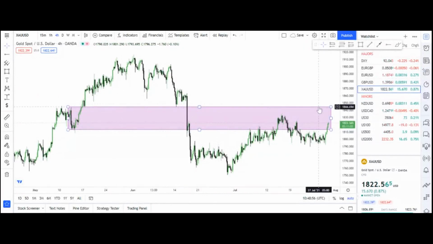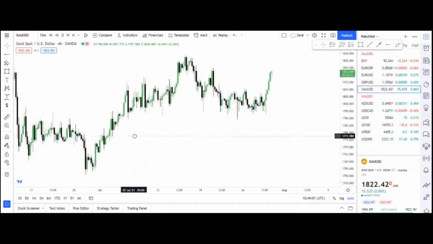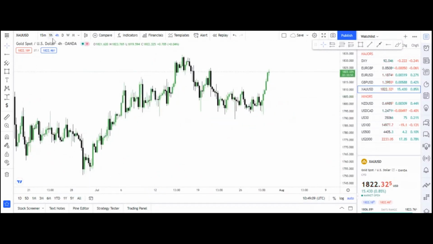Now, knowing that we have a breaker block on the 4-hour time frame or on the daily time frame, I can delete all of this and go and pay attention to the 1-hour time frame. There's a lot on the 4-hour time frame. I don't see it going above this high because we already have an order block here, which was tested previously by this low. But if we do go high, I'm protected.